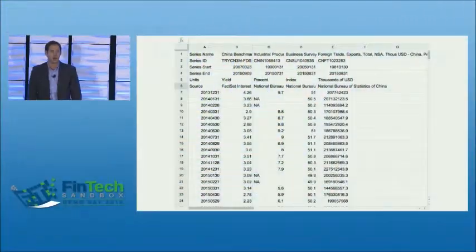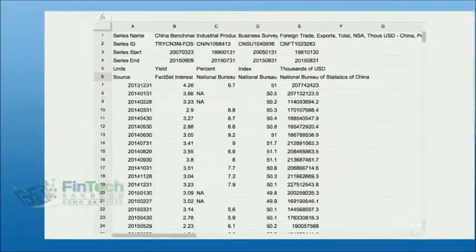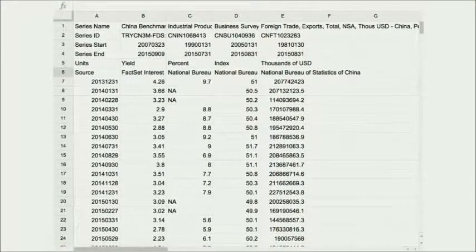If we look at this spreadsheet right here, this is a pull from FactSet. This is actually a time series of Chinese economic indicators. There's been a lot of concerns, there's been market turmoil, and concerns around a Chinese economic downturn. Datavore can help us classify, clean, aggregate, and analyze this data. I'm going to run a demo. Hopefully, I can keep up with it.